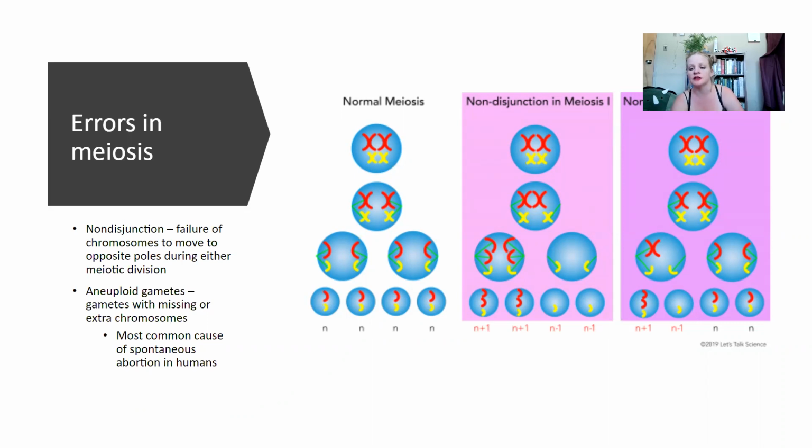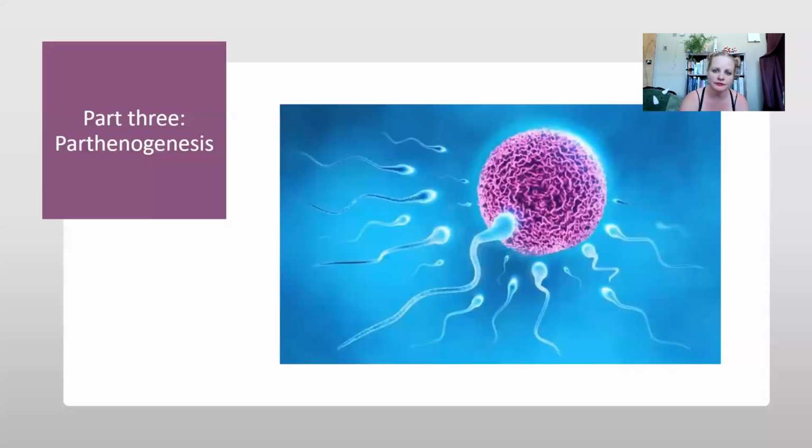And we actually see this in humans that have Down syndrome, for example, where there's an extra 21st chromosome. We see developmental differences in folks with Down syndrome compared to folks that have just 2 copies of chromosome number 21. For example, I have a friend who has a baby that has trisomy 18, so she has a third 18th chromosome, and she has a lot of developmental issues, a lot of health problems. Okay, so that's the end of meiosis.